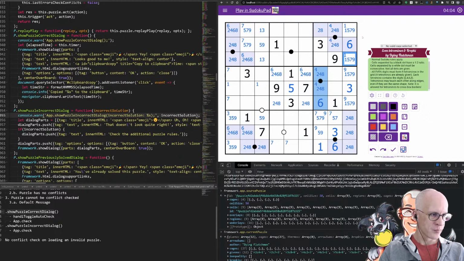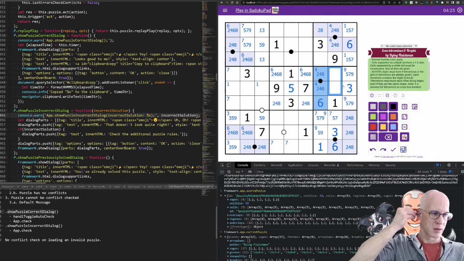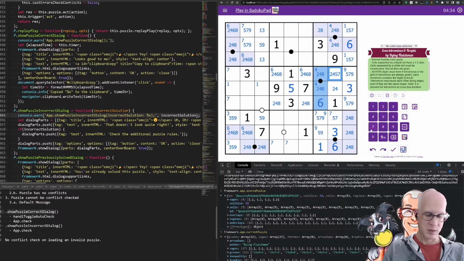1, 5, 7, 9. One's here. 3's already there. Okay, no 9's here. And 6, 2, 4, 8. So there is a... What are we missing? There's a 2, 4, and 8 here, not a 4. So there's a 2 or an 8 here in the column. And then together with 5, 7. So 2, 4, 5, 7. But there's no 5, 7 here. So that's a 2, 4. And then there's no 2, 4 here. That means this is... The 8 is up here.